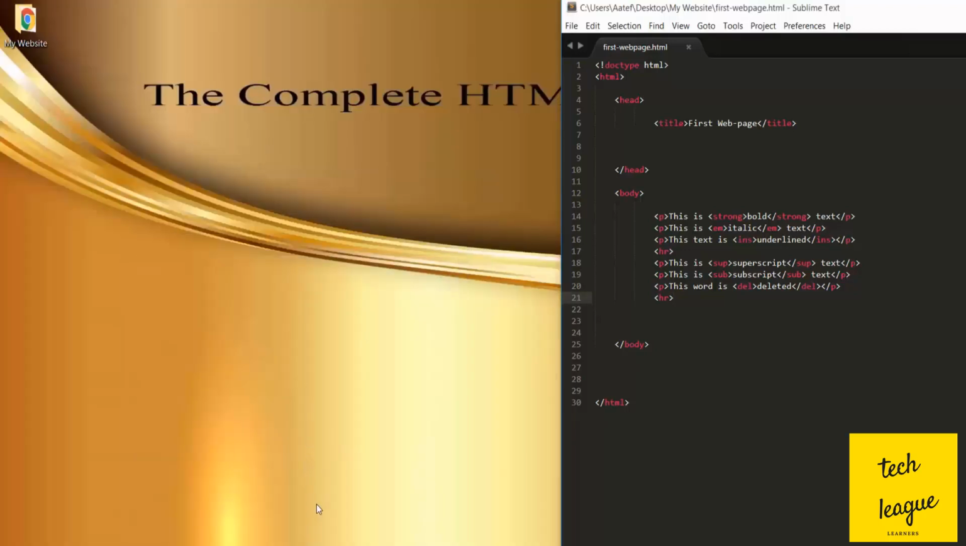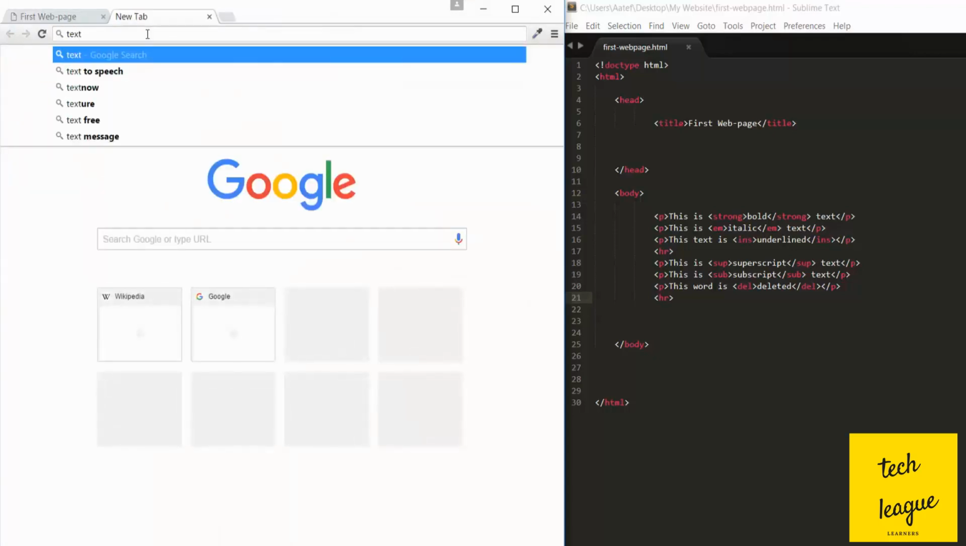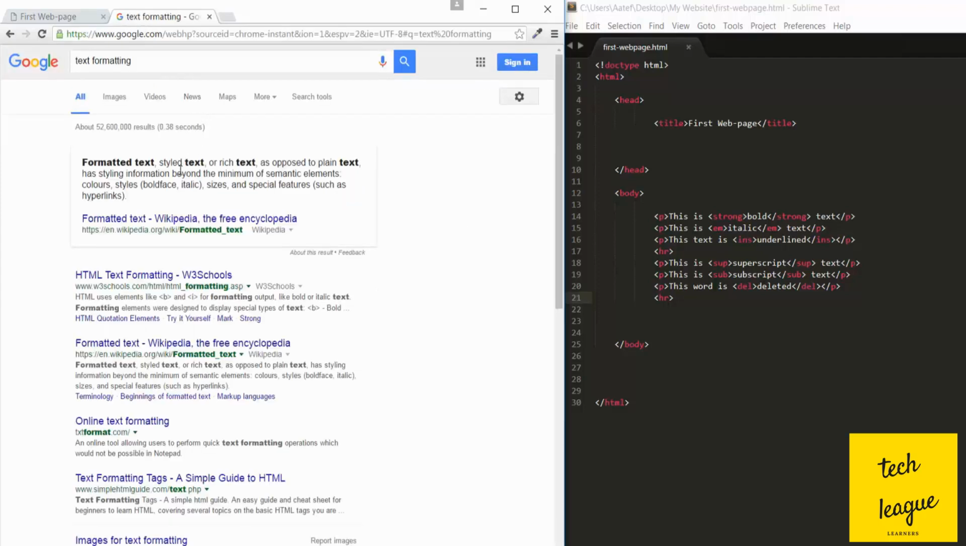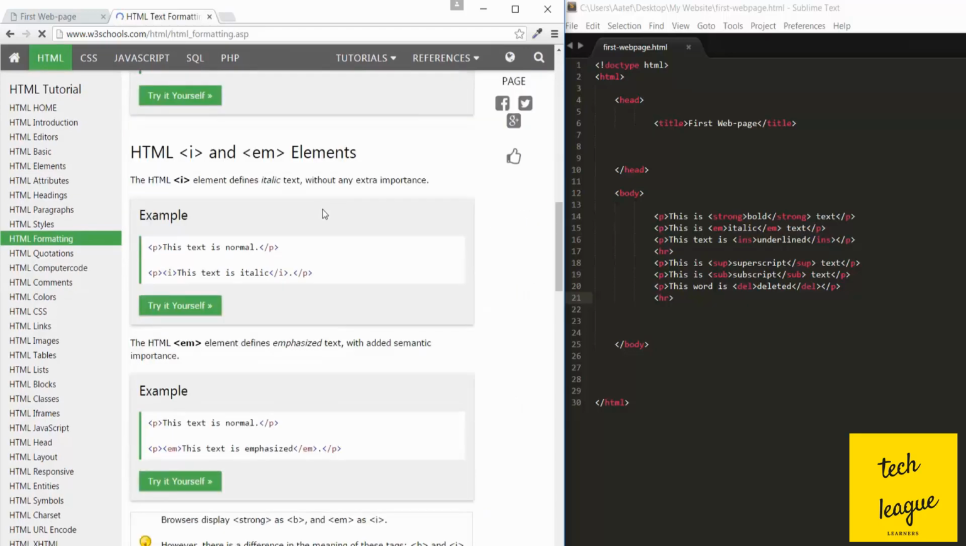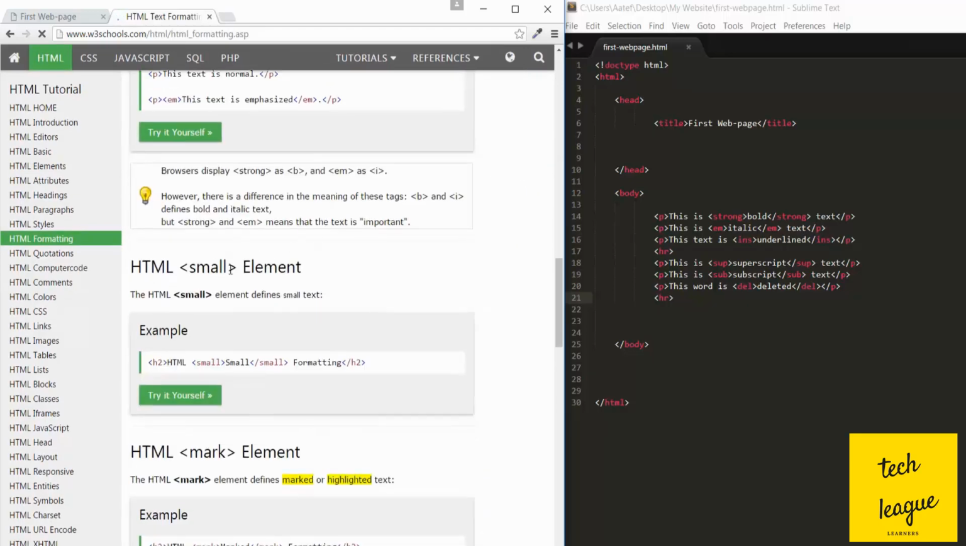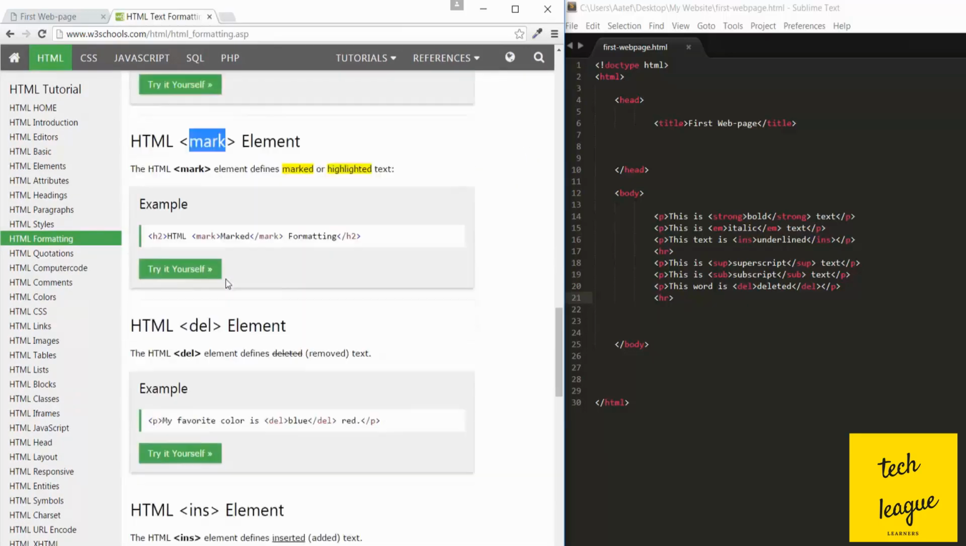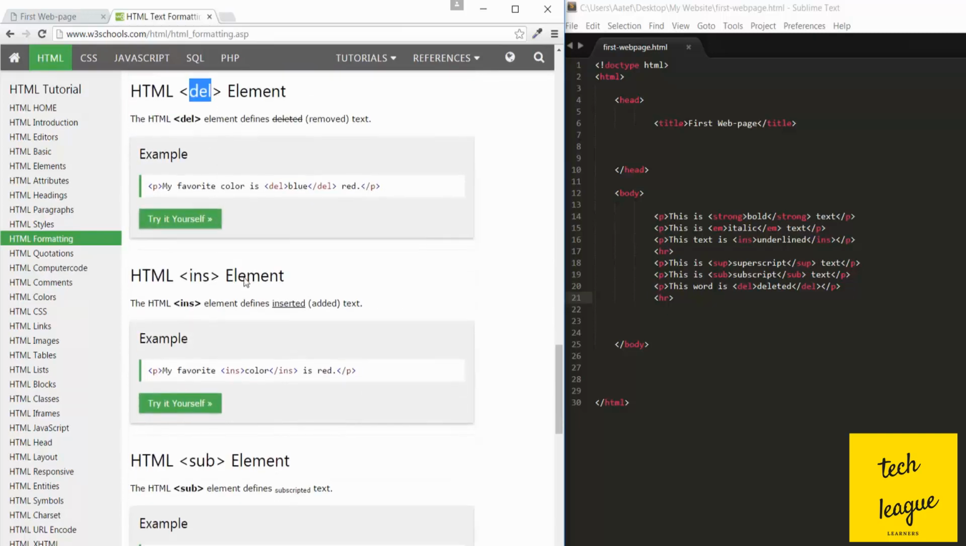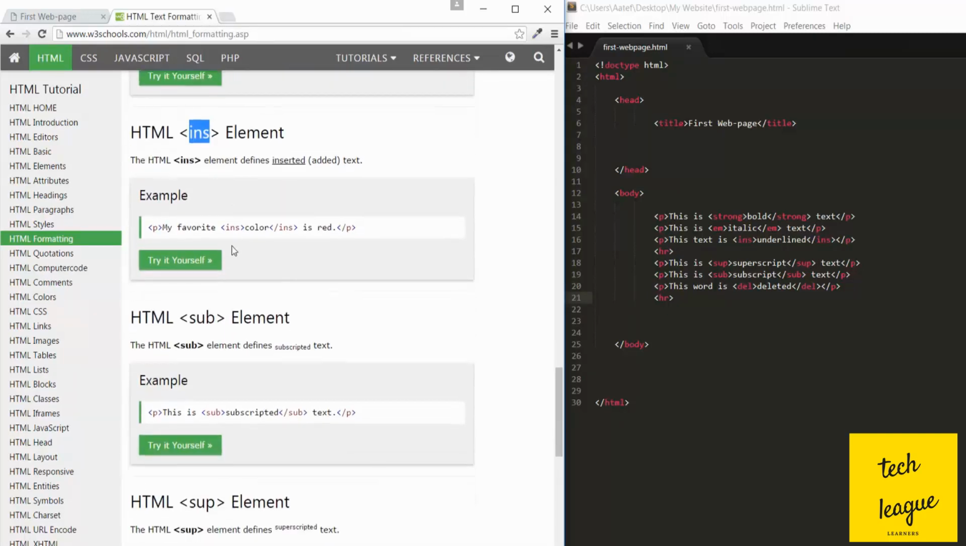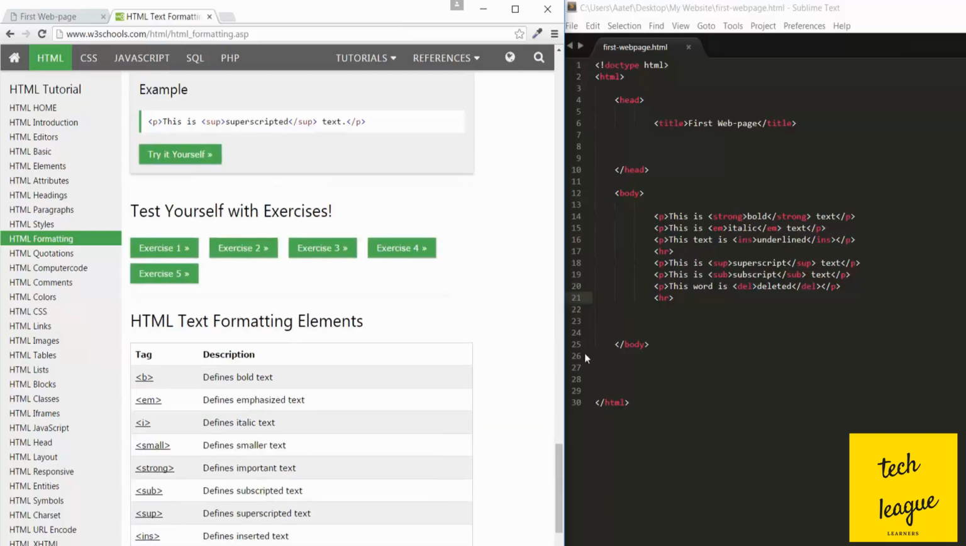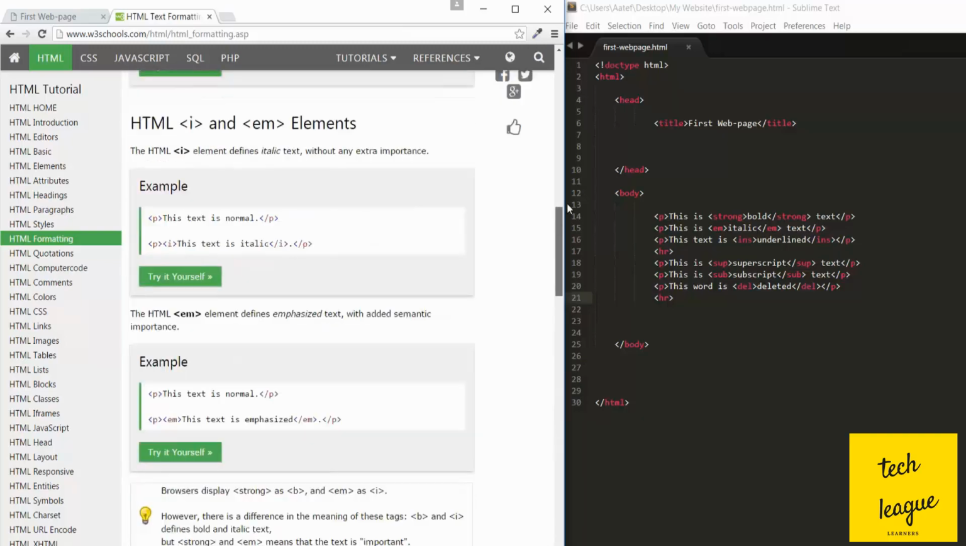For more information about text formatting, go to the W3 School. And smaller, mark, ins, subscript, superscript, etc. Okay,